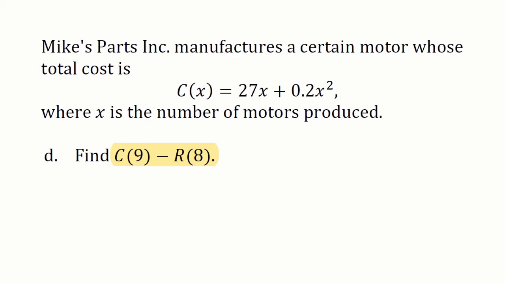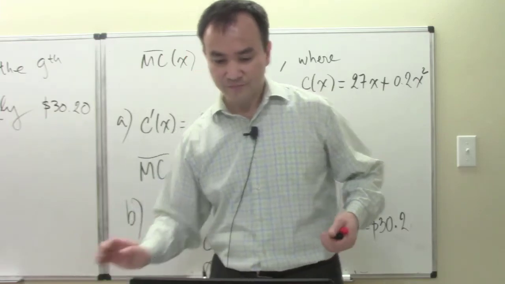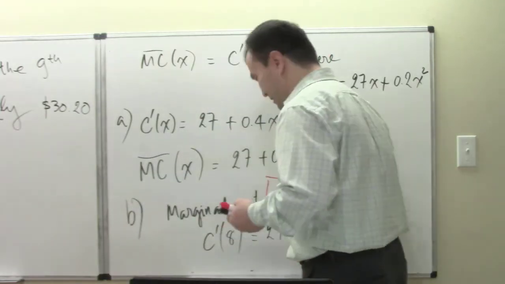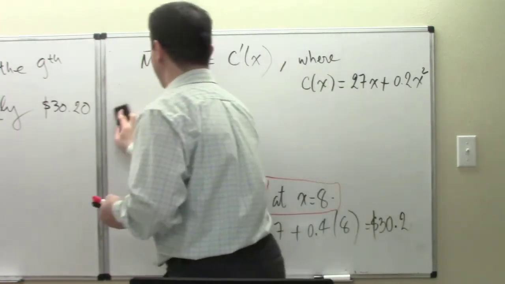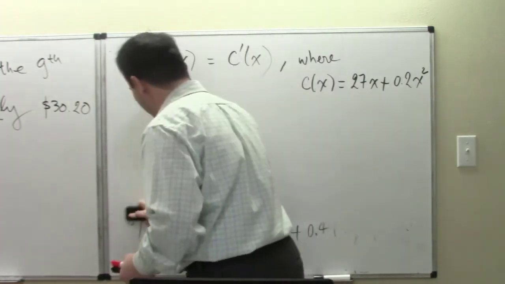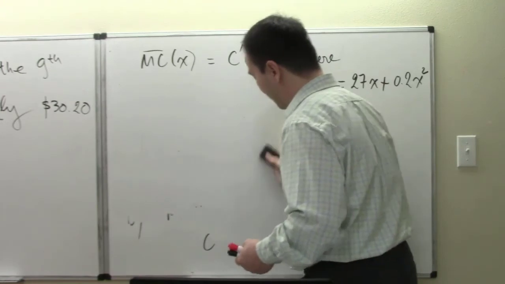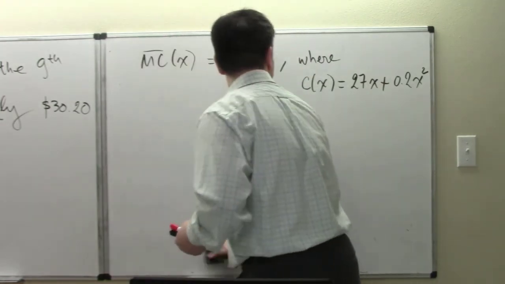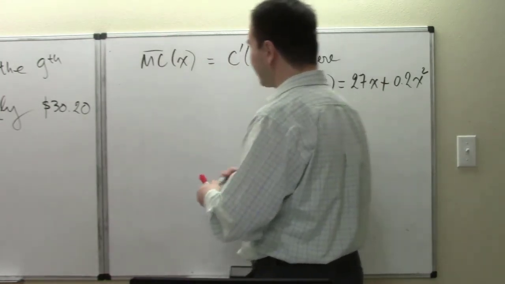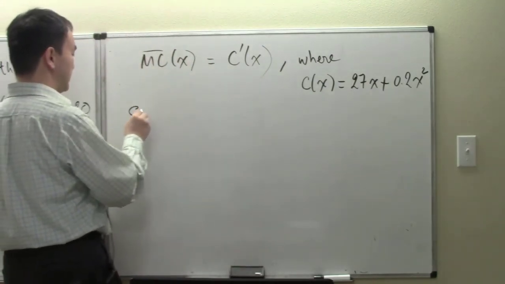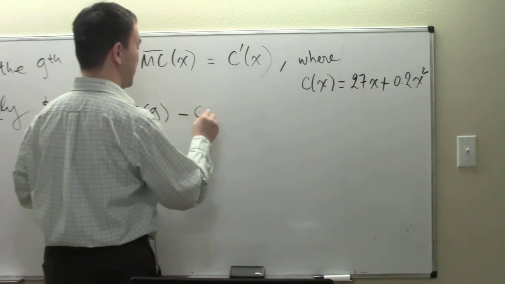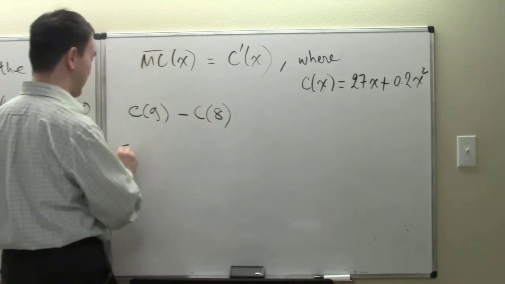And so now, back on my board right here, we're still having the function C written here. All right, so C9 minus C8 is simply, now laying down the math,